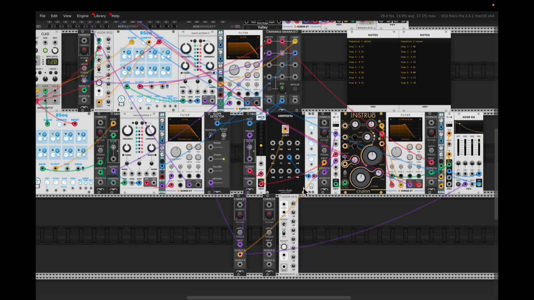Step 3, 2 volts. Step 4, 1 volt. I'll leave step 5 alone, and I'll set step 6 to -1. Go ahead and connect the adder sec